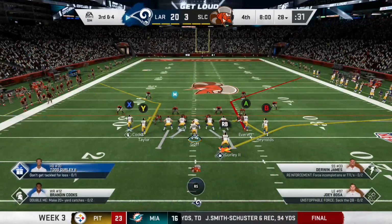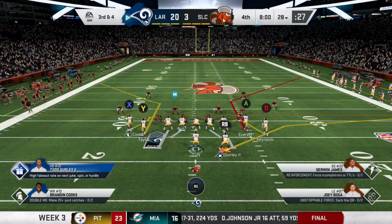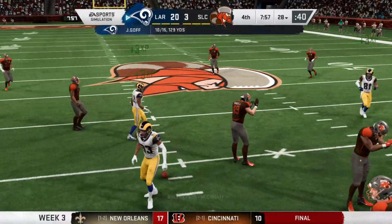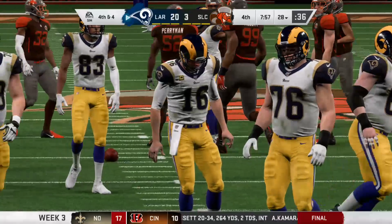The Rams on 3rd down. Just 1 for 5 to this point. This is 3rd and 4. Out of the gun, Goff, and he can't quite pick it. No interception so far. That probably should have been their first,